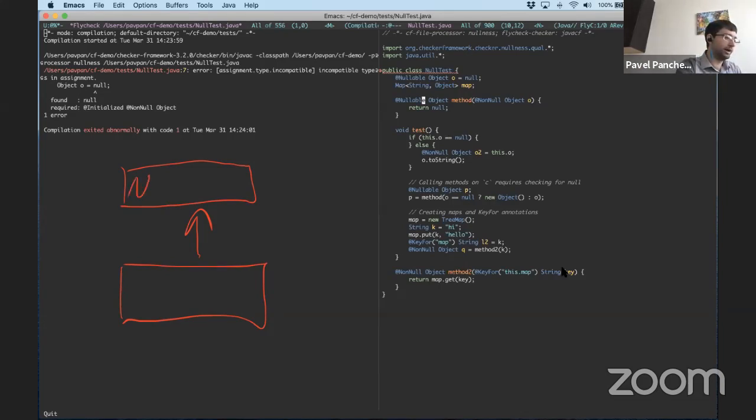So here, reverse implication. So here we have nullable values. Everything is nullable, including null. And then there's a more specific non-null value that we can apply to certain objects. And then the OR rule for these, of course, is that nullable or nullable is nullable, nullable or non-null is still nullable, but non-null or itself is non-null.